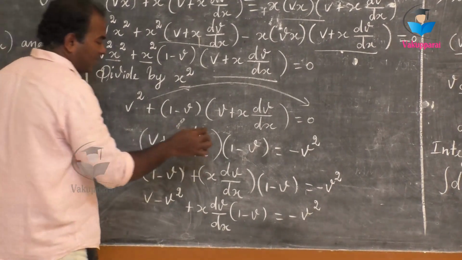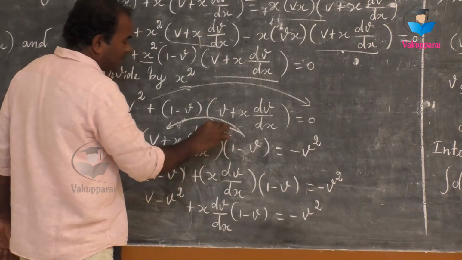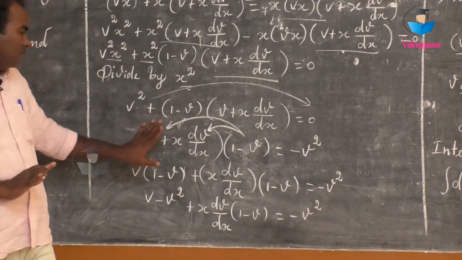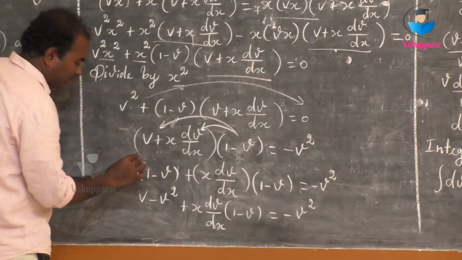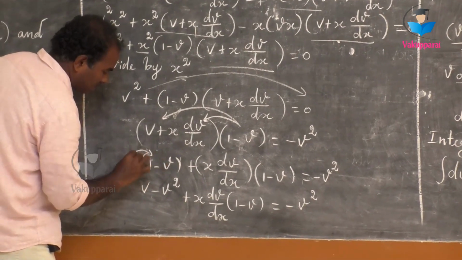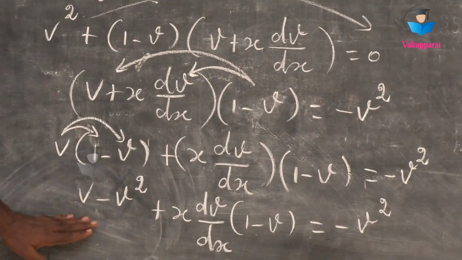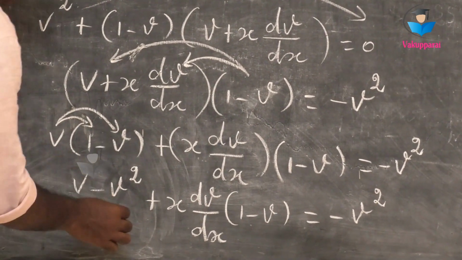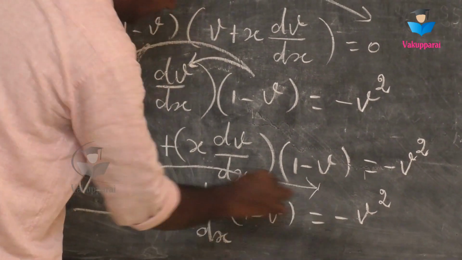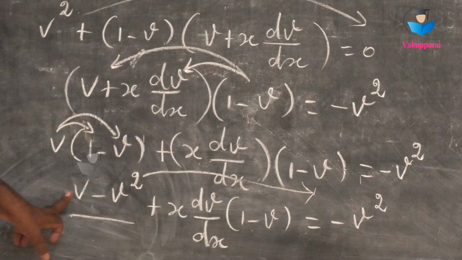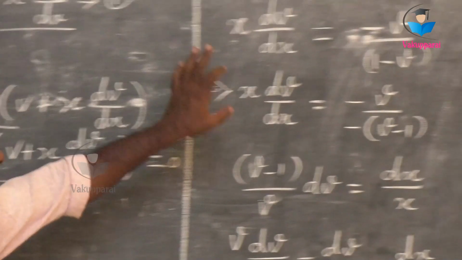Then we multiply by this one. After that we multiply this one. Simply multiplying, this will come. Next, the same we multiply by this, and also multiply by this. Doing the multiplication, this will come. When these numbers go to that side, the sign will change. Plus will change into minus, and minus will change into plus. The change will happen here.